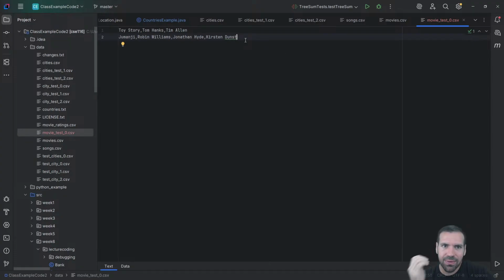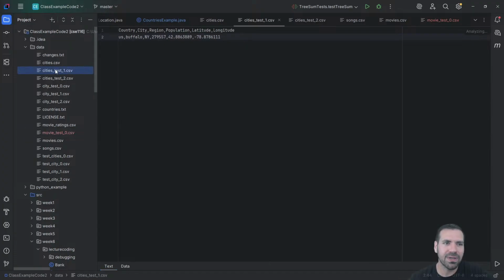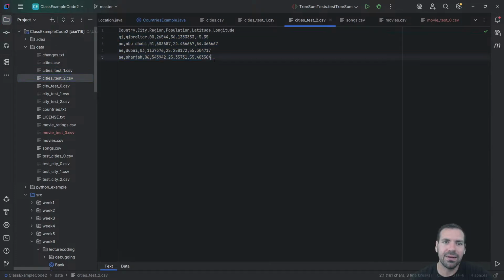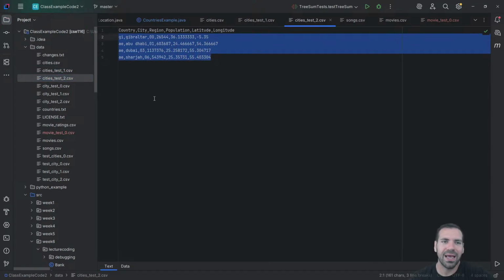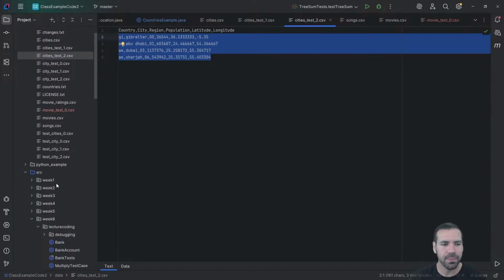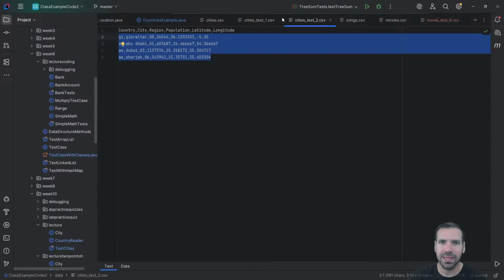So this is testing with files. When we test with files, we want a small amount of data, at least for our first test case. I always like my first test case to be a sanity check. I'll just put one piece of data in there and then create more test files that have more data in them. And then when we're testing with these,